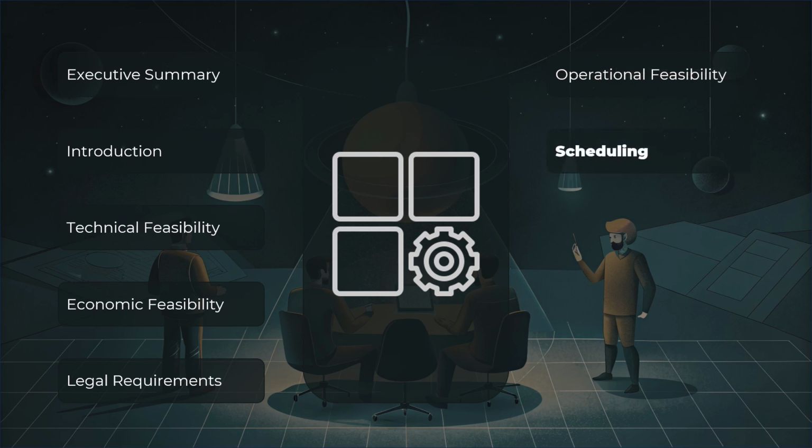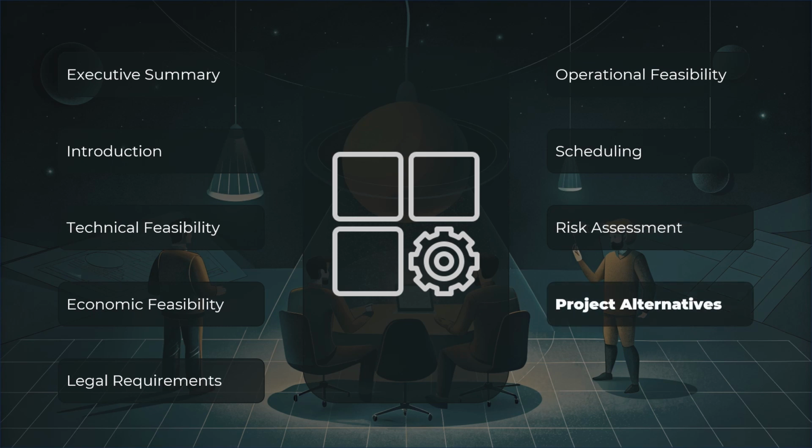Scheduling and timeline, project milestones and critical path. Risk assessment, identification and mitigation strategies. Project alternatives, comparison and selection. Conclusion and recommendations, summary and decision-making support. To summarize, the key components of feasibility studies are essential elements that collectively contribute to a comprehensive assessment of a